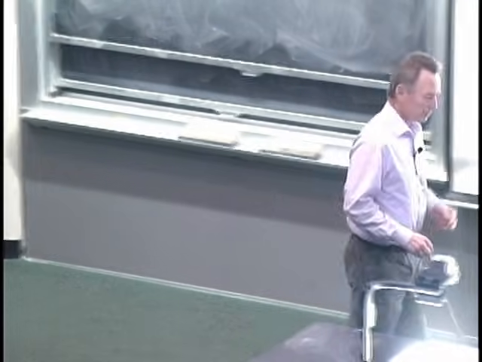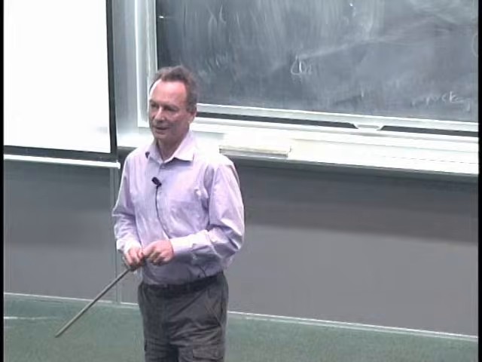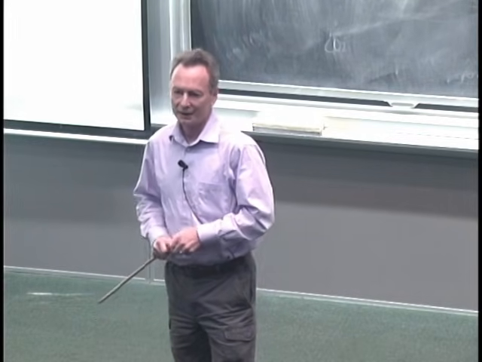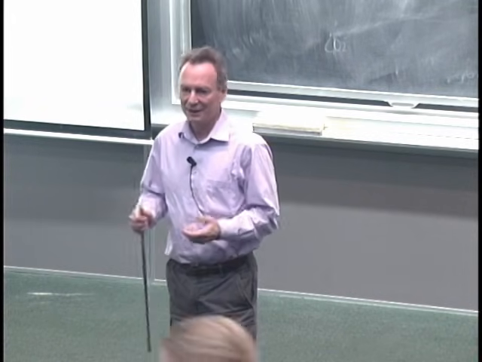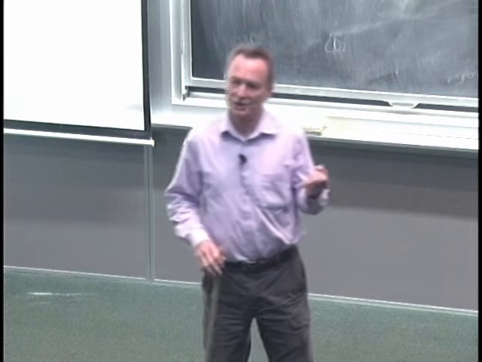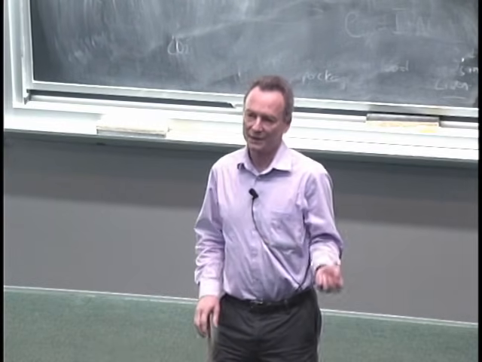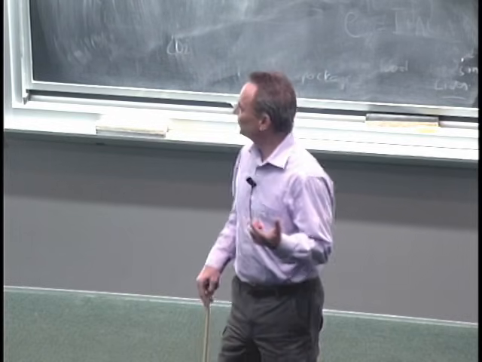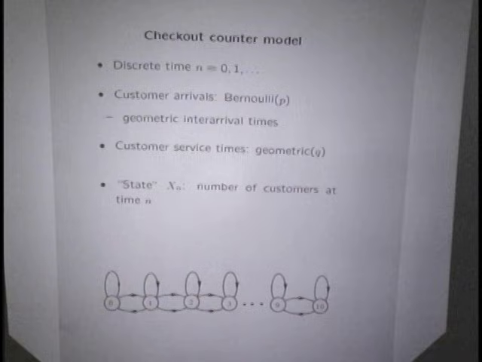Okay, so suppose now you want to answer a question such as the following. The time is 7 p.m. What's the probability that a customer will be departing at this particular time? Well, you'll say it depends. If the queue is empty at that time, then you're certain that you are not going to have a customer departure. But if the queue is non-empty, then there is probability Q that a departure will happen at that time.